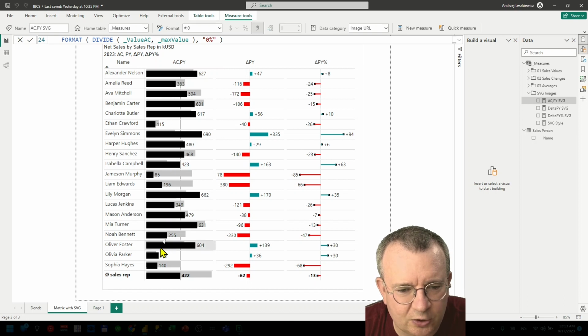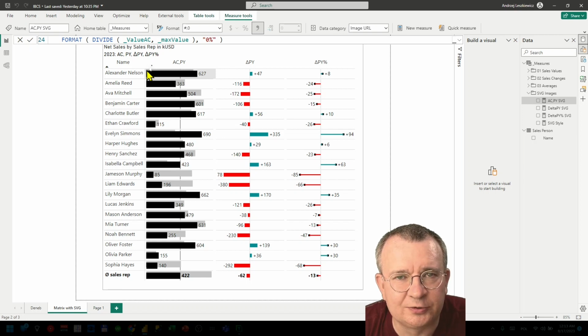All other rows is the same measure but calculated in a different context for different salesperson names. So we will be looking at what is inside of a single cell or single SVG image. You need to understand that the top left corner of the image is position 0 pixels on axis X and Y